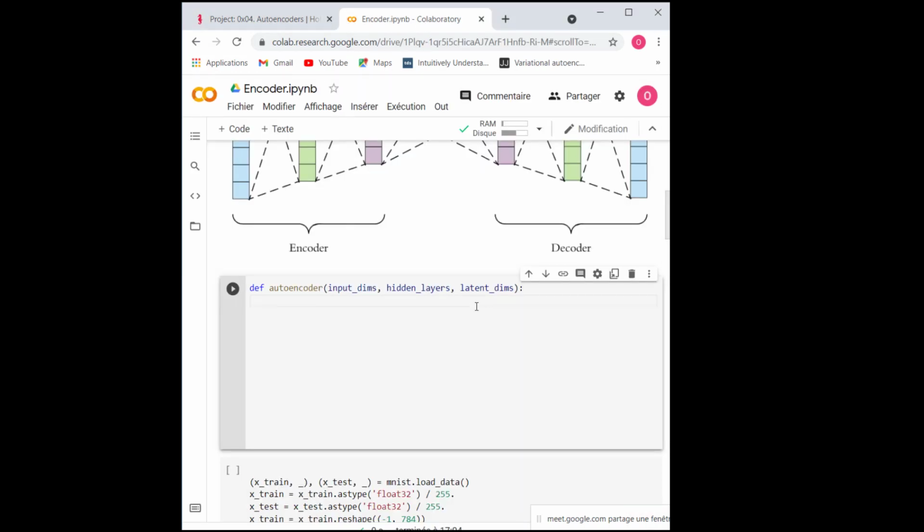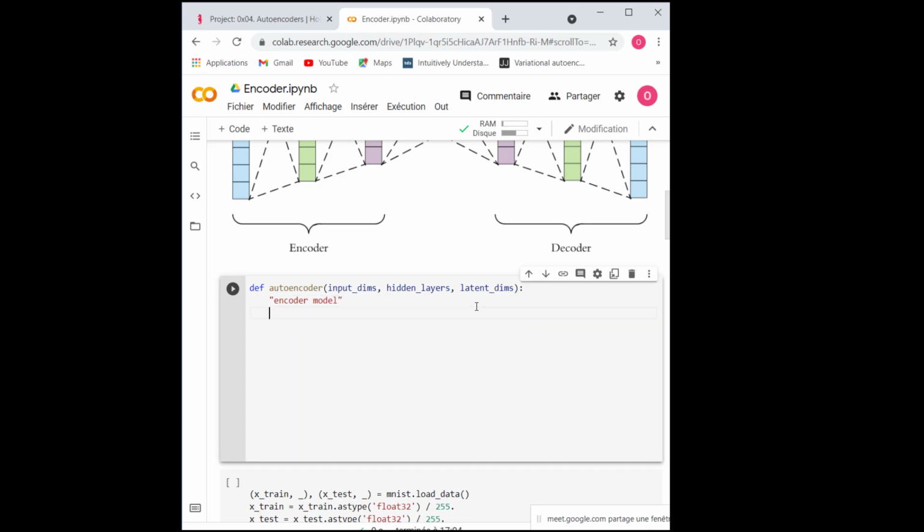Okay, so let's start with the encoder part, the encoder model. The first thing is the input. I'm just going to call it the input, which is the layer that contains the input with the shape, the input dimensions that we have. Okay, so let's import Keras.